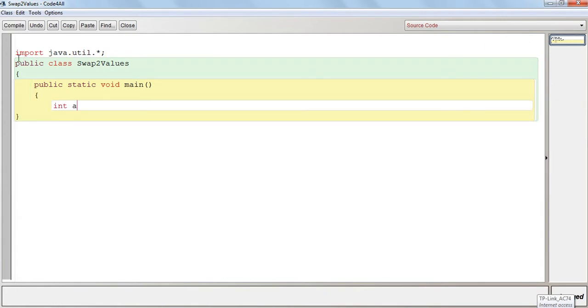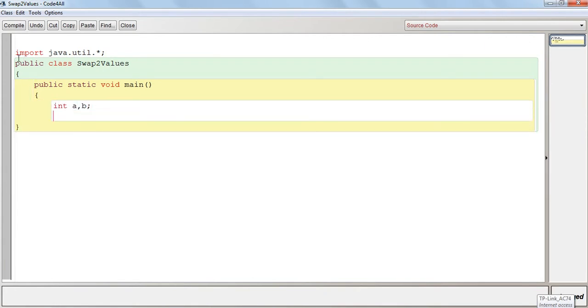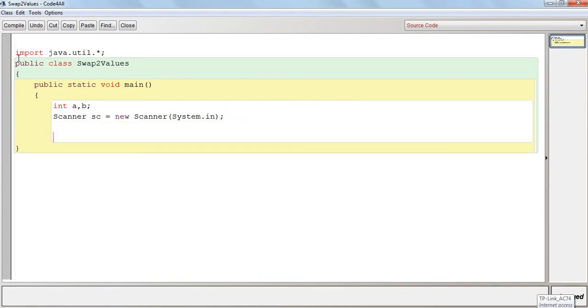We'll declare the two variables a and b. We will not use the third one over here. We'll declare the object of the scanner class. Now take the inputs.